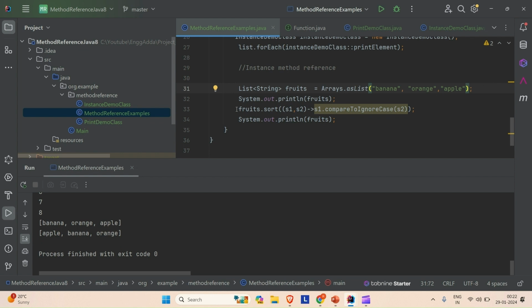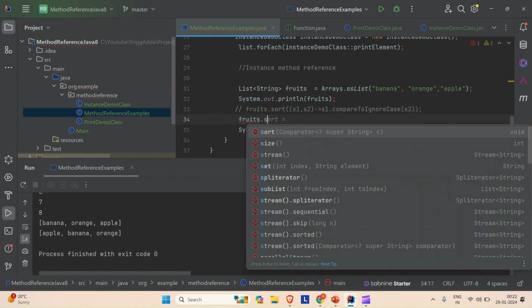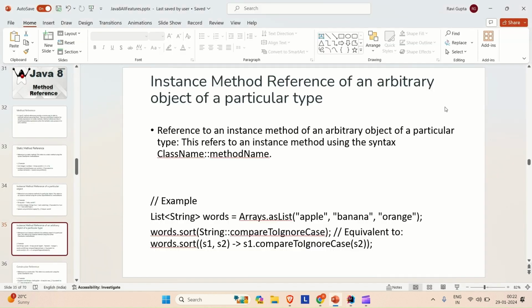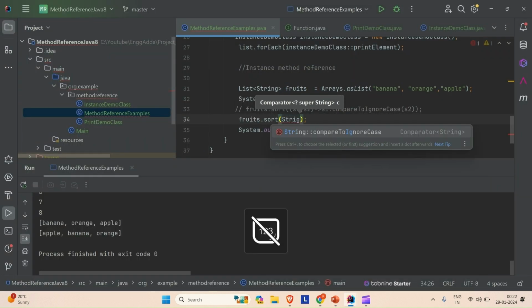Now what you can do is, with the help of instance method reference, you can do the same task and replace this lambda expression. So let me comment out this piece of code, and use the instance method here. Okay, so you can come here, and you can see that this compareToIgnoreCase method is coming from the String class. So you can directly use that String class to call the method,